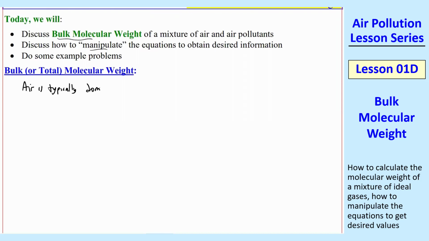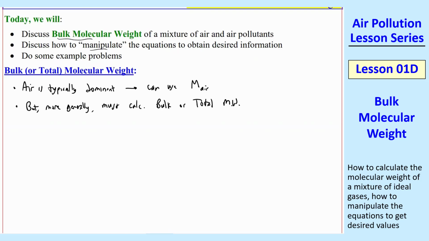is typically dominant. So we have mole fractions of air pollutants that are in the tens of parts per million or even less than that. So in that case, we can just use M of air, even though there's some other stuff in there. More generally, we must actually calculate what we're going to call the bulk or total molecular weight of the mixture of gases. I'll use both of these interchangeably, and we'll use the notation M sub T. So in other words, M_T is approximately M air for some problems, but in the more general case, we have